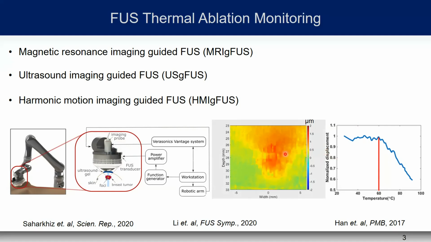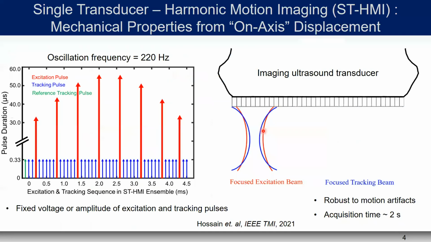In addition to the monitoring, assessment of the lesion size is very important. So we have to know how much we ablated, whether we ablated the whole tumor volume or partial tumor volume, and how the tumor changes over time. To monitor the FUS lesion size, we are developing single transducer harmonic motion imaging using a standard